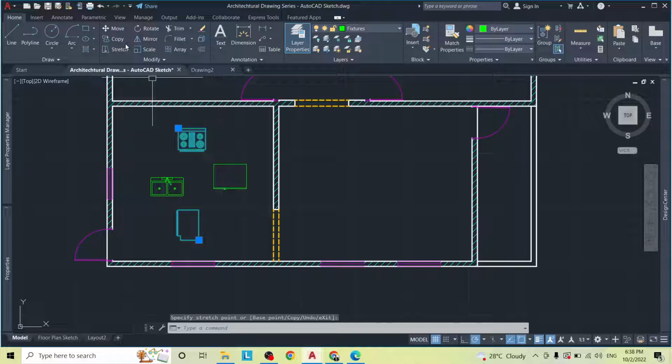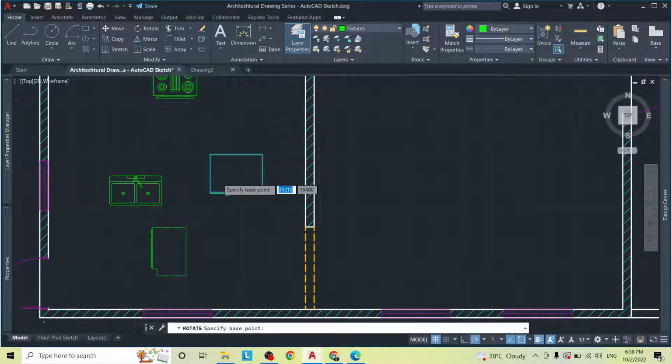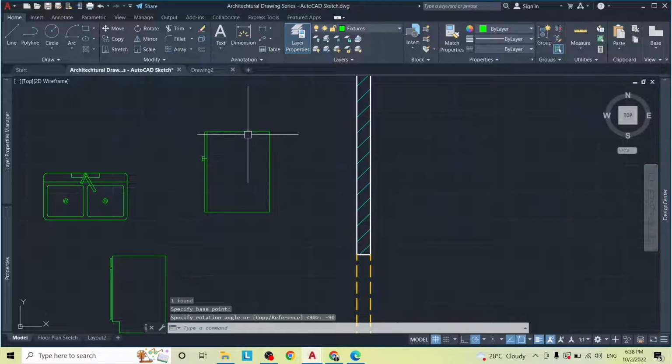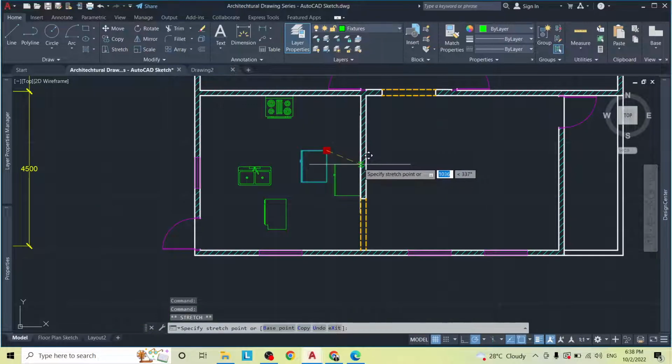Now, the stove, we would typically resize these things to make them more realistic. This is saying that it's about 2.5 feet, which I believe is about right. Yeah, 2.5 feet, 700 and something millimeters. All right, so let's leave it like that. I'm going to put the stove right up here, like so. I'm going to put the fridge. I'm going to rotate it because this is the front of the fridge. I'm going to rotate it negative 90 degrees and put it in the corner, right close to the